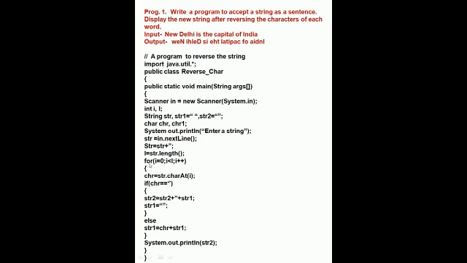Then we will write the loop, because we will start from 0 till l, and i plus plus. Curly bracket start. Now we will find the character. Character from string at i. The loop will start from here, so that the character will be found from this loop.